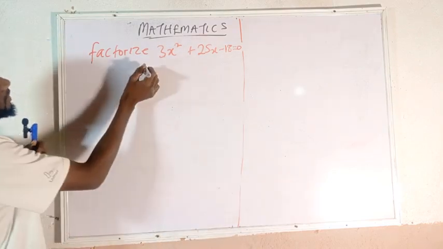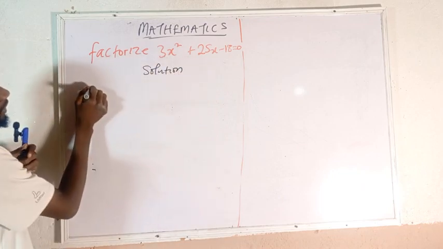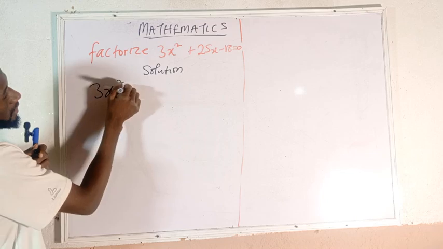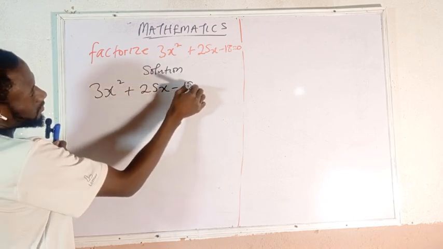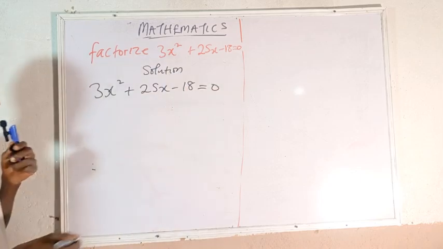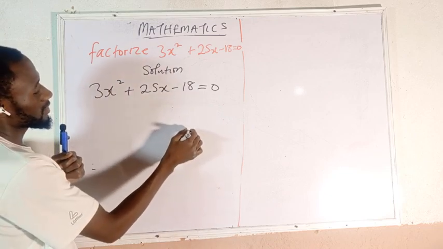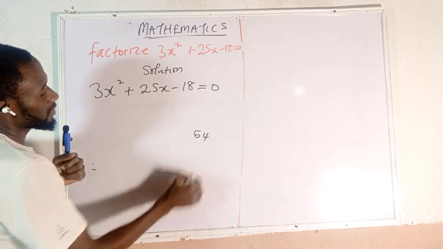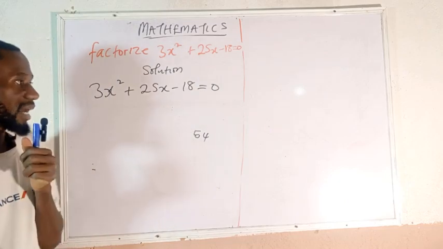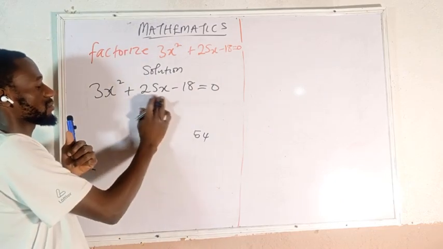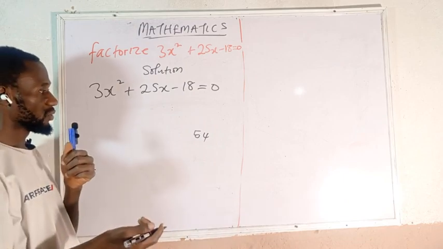Now we say solution. We have 3x² + 25x - 18 = 0. Now we multiply 3 times 18. 3 times 18 we get 54. We find two numbers. If we multiply we get 54. If we add or subtract we get plus 25. That is, the two numbers will be,